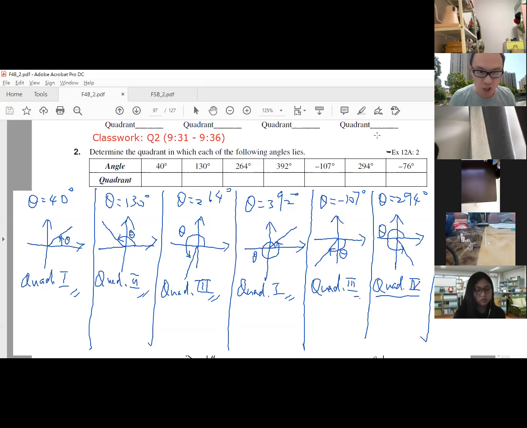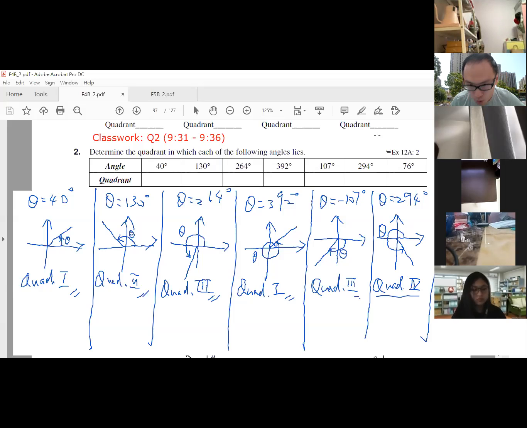Okay, let's check the answers. 40 degrees, quad 1. 130 degrees, quad 2. 264 degrees, quad 3. And then 392 degrees, quad 1. 392度咧係轉完一個圈之後，又翻返去 quad 1嗰度嘅。OK, and then negative 170 degrees should be quad 3, 得唔得？負數就係褪翻後，OK, 即係順翻時針轉嘅。And then 294 degrees should be